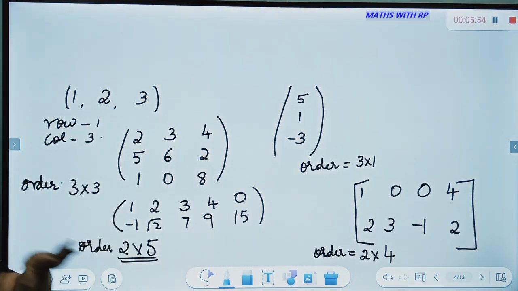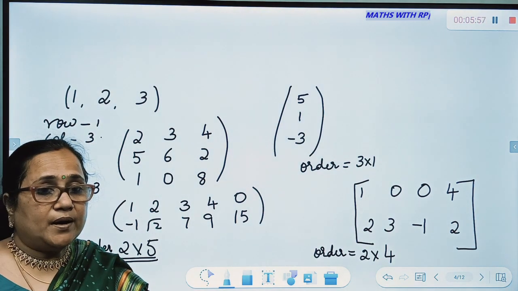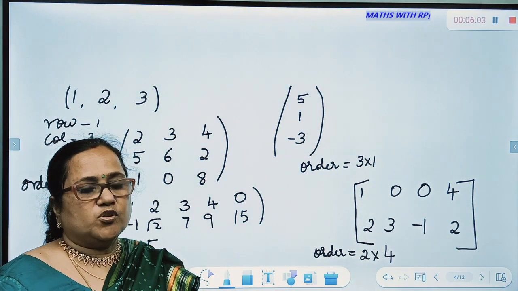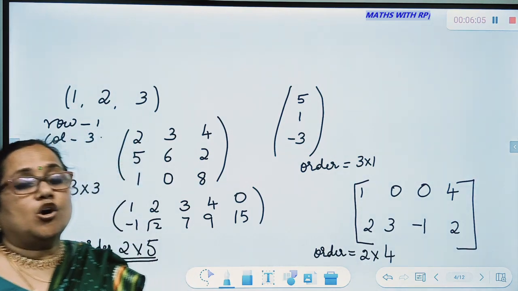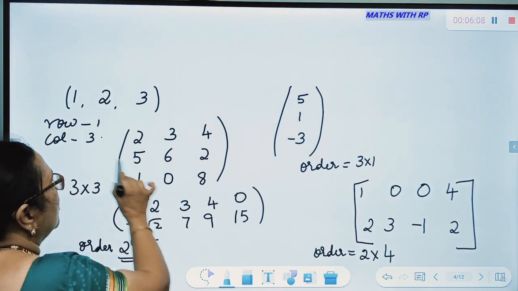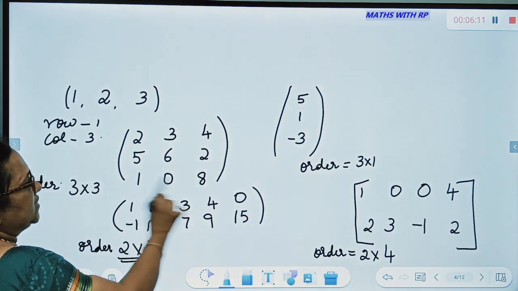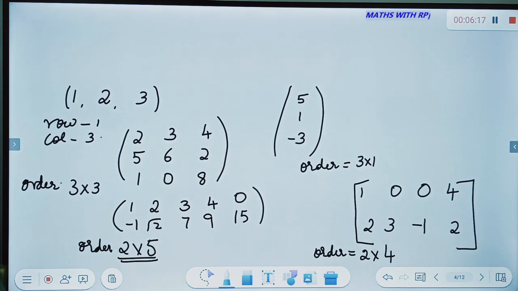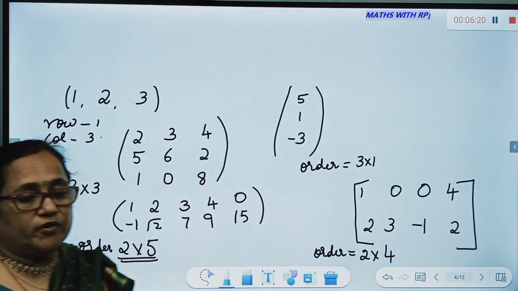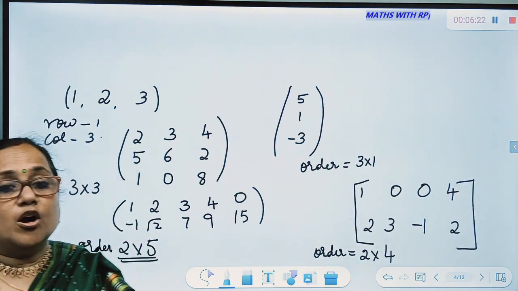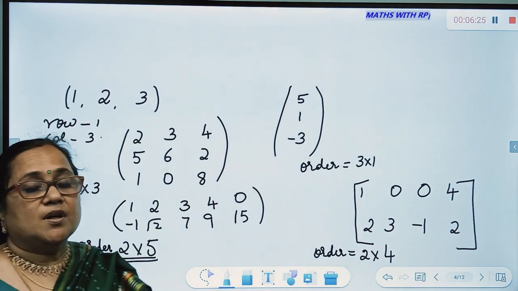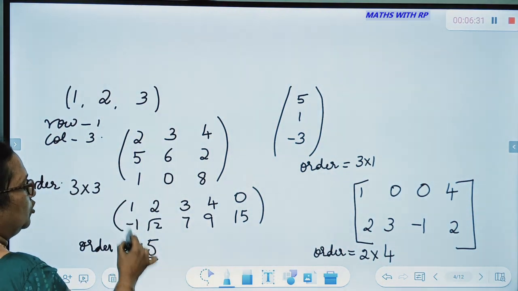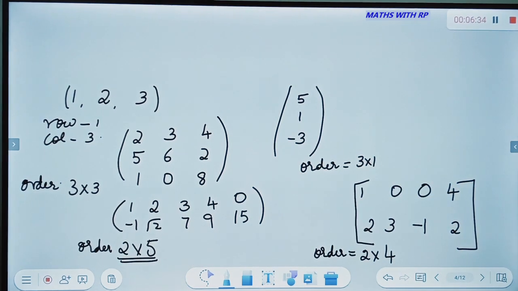So I hope you understand what a matrix is. A matrix is nothing but a rectangular array of numbers. Sometimes it can be functions also. So it's a rectangular arrangement with rows and columns. Horizontally, the lines are rows. If you look at them vertically, they are columns. One of the distinguishing features of a matrix is the order of a matrix, the number of rows by number of columns. For example, if you look at this matrix, it has got 2 rows and 5 columns, then we say the order is 2 by 5.